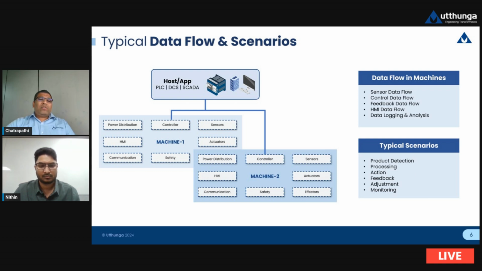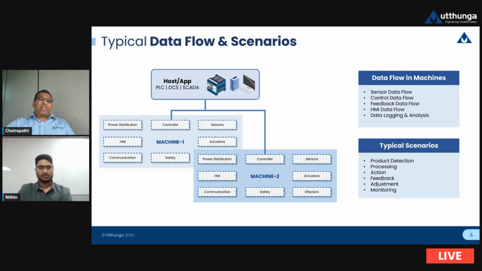And there is also this feedback data flow, where sensors continuously monitor the status of the machine and the products. Based on this feedback data flow, the controller makes necessary adjustments and corrections in real time, so that it